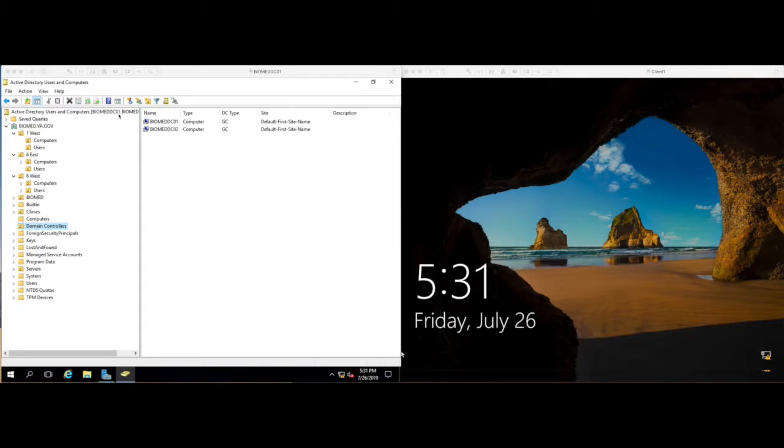I'm currently logged into DC01, and we set up the OU structure, organizational unit structure, to mimic the setup of the hospital. In this case, we have 3 different departments, 1 West, 6 East, and 6 West. Underneath each one of these departments, we have sub-OUs for computers and users. This allows us to make group policies more granular, applying group policies to 1 West that maybe don't apply to 6 East. Also, we could delegate control to power users within those departments, so that the individual departments can handle routine trouble tickets, password resets, and account unlocks without